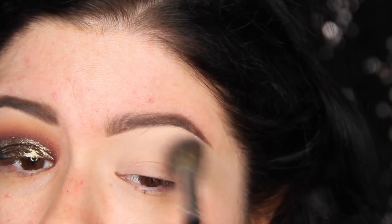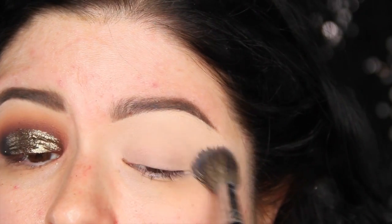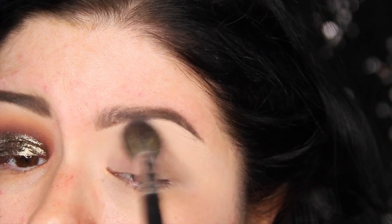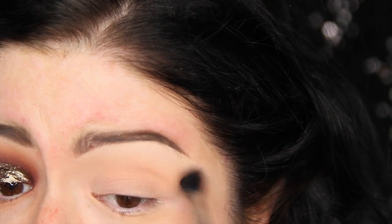Then I'm just going to set the rest of that lid with some loose translucent powder just to make sure it's not too sticky or tacky from the primer or concealer that we laid down. It can make blending a little bit difficult if you don't have a matte surface to lay your shadows on top of. I'm going to start off with MakeupGeek Peach Smoothie, and I'm going to take this on a Sigma